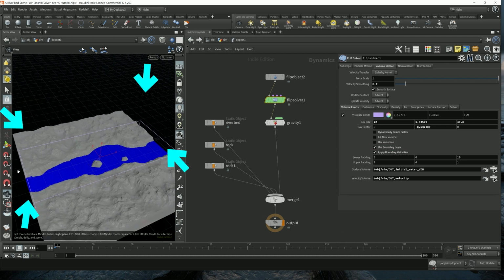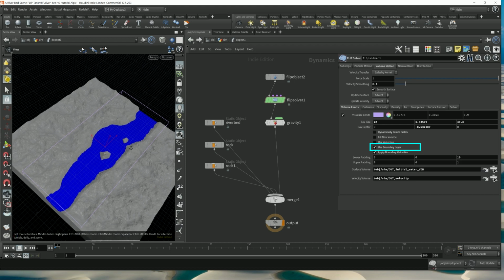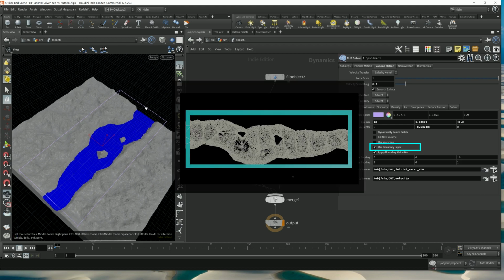Now there's a thin layer on every face of this boundary cube. What the boundary layer does, it keeps refilling this volume of water with more water at the boundary. So at the edges of this box, it'll keep refilling more water, like an infinite flowing faucet, but it's only on the edge. So it's perfect for rivers. So